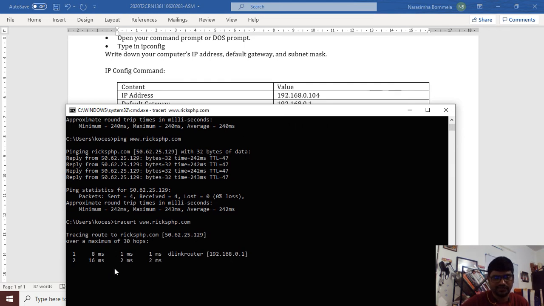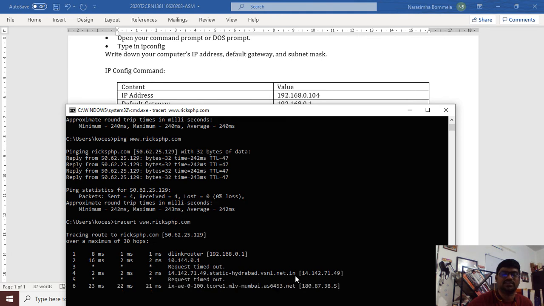When we run it, from my IP address it goes first to the D-Link router, that is my gateway. From there it goes to 10.144.0.1, a root IP address. Now it goes to static Hyderabad VSNL.net, which may be the internet service provider in Hyderabad.